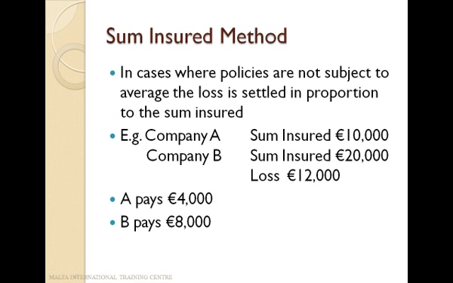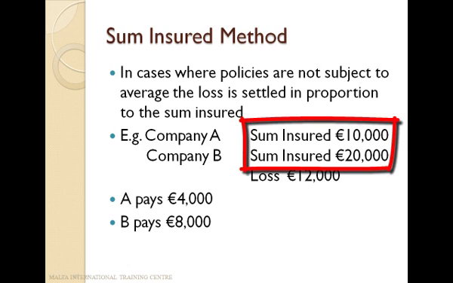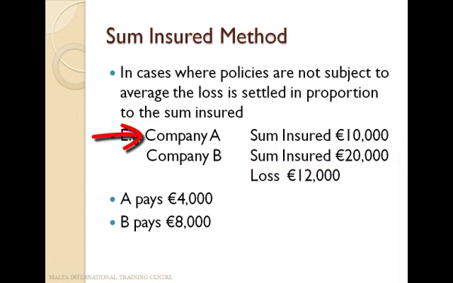The sums insured method is a simple method in which case the loss is shared in proportion to the sum insured. Take a look at this slide. Company A is insuring the property in question for 10,000 euros. Company B is insuring the property for 20,000 euros. Therefore, if there is a loss of 12,000 euros, then the loss of 12,000 euros is shared in proportion to